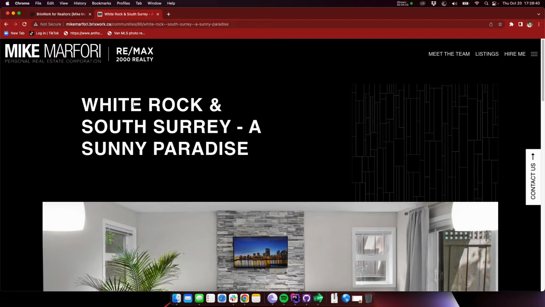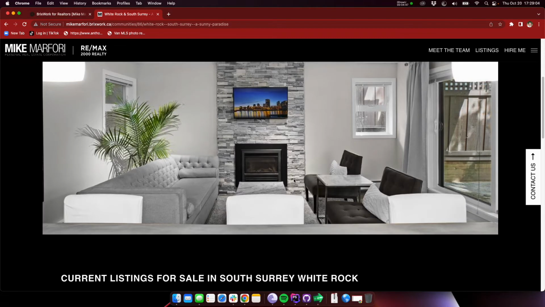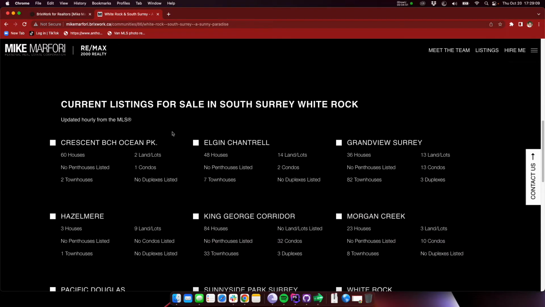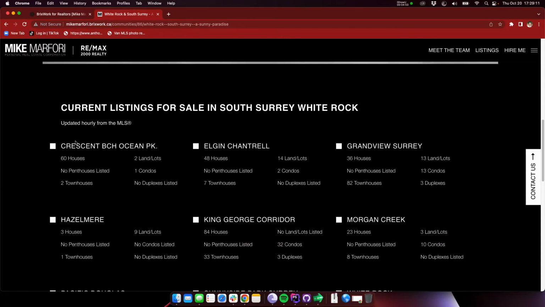Keep in mind that the page title appears as we put it in, so you don't have to rigidly write the city name that corresponds to what the MLS says. For example, if you're typing in a page for East Vancouver, you don't have to say Vancouver East or East Vancouver, whichever it is. You can write a brief heading about how edgy and family friendly it is at the same time. And if you scroll down, you'll notice that automatically our page is now generated